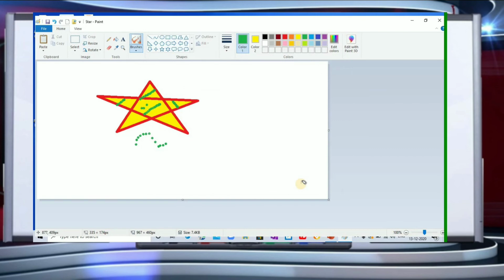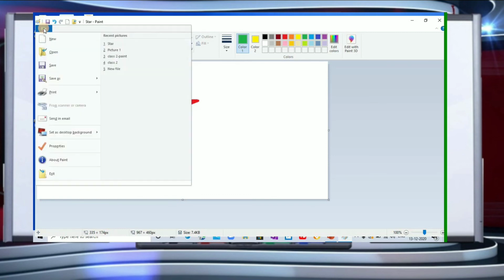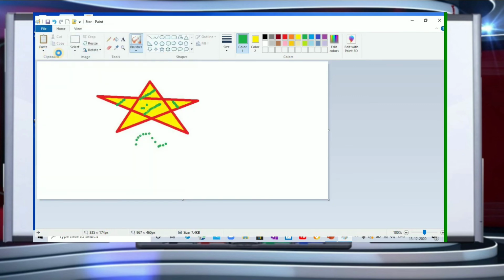Now the next option is to open the saved drawing. Open the saved drawing means the drawing that you have saved can be opened any time. Whichever drawings you have made and saved on your computer, you can get them anytime you want. For that, again, you have to go to File, go to Open, and let me find out where the picture is.